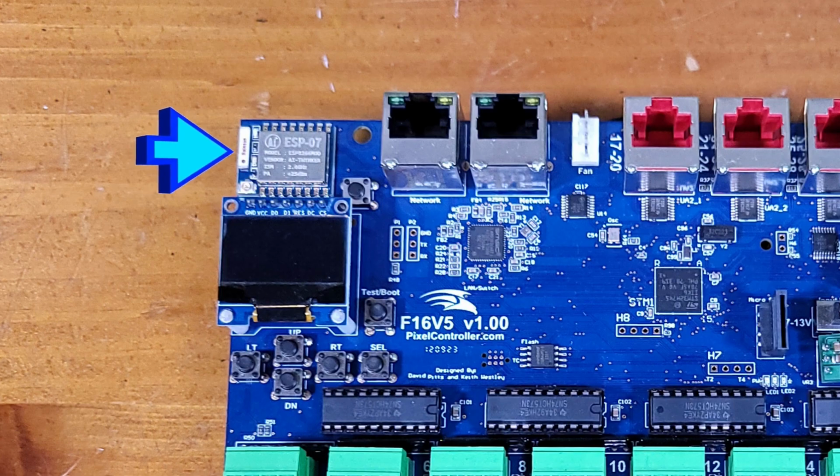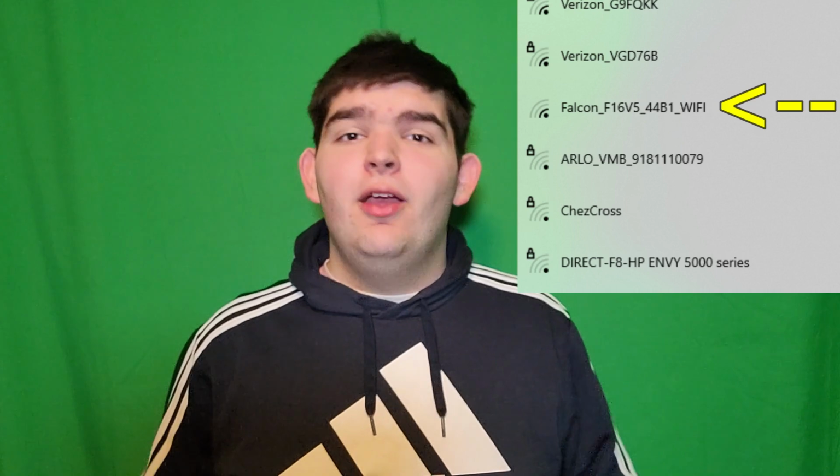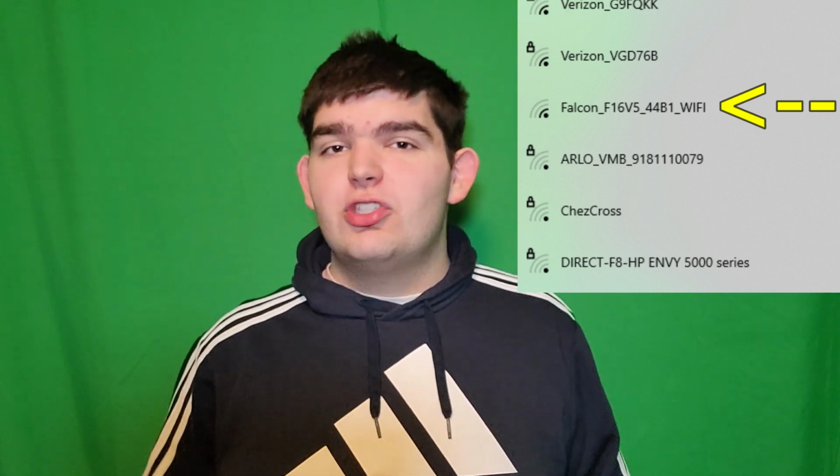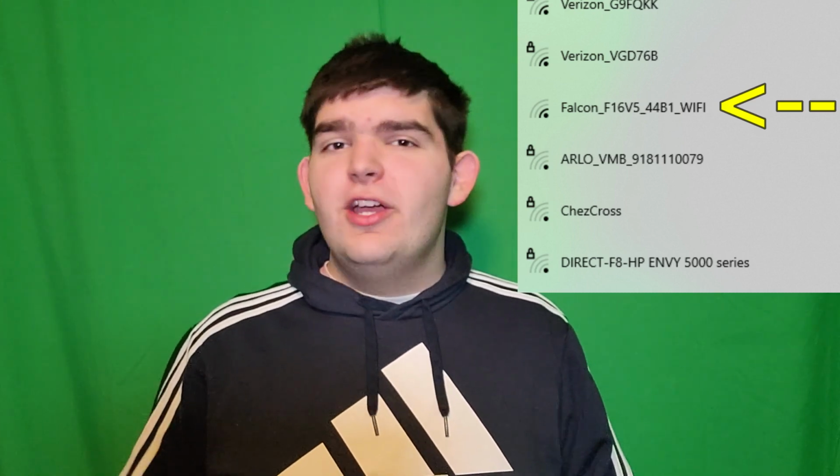And the other way, if you don't have a network, is to use the hotspot that the F16v5 has built into it. If the F16v5 does not detect a Wi-Fi or Ethernet connection, it will automatically turn on its Wi-Fi chip to activate its hotspot. If you go to your Wi-Fi settings on your computer, you should be able to see it, but it has a very, very low range, so you're gonna have to be right next to the controller to be able to connect to it. It doesn't have a password, so all you do is connect to that Wi-Fi network,